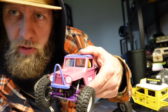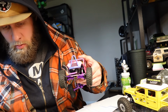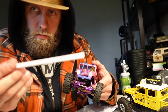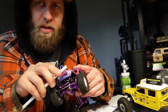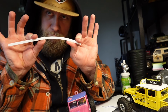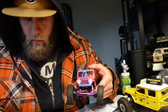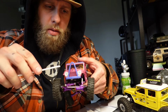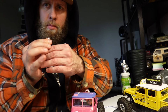Front bumper, this was for the most part done the same way. I started with the bottom piece here, which is a square tube. I think I did have to heat that up to bend it. I just held it over a candle, bent it a little bit, and then used that same 1/8 of an inch rod for the stinger bar. And for that, all you have to do